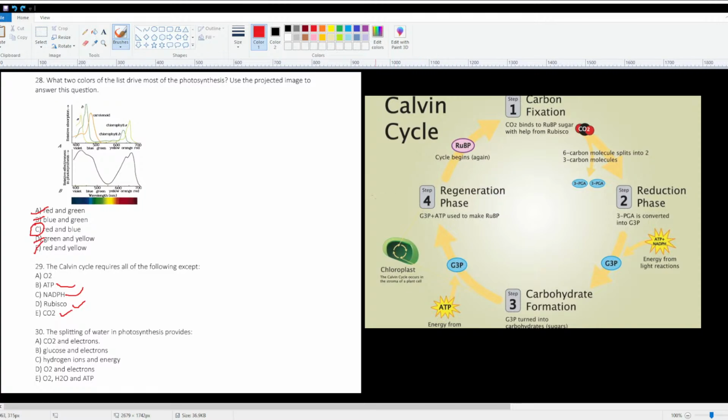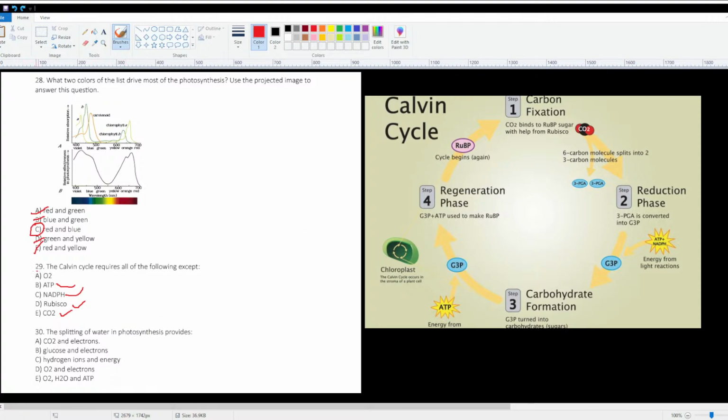Rubisco is one of the most important enzymes that we need to know about. CO2 is very important in the Calvin cycle because that's how we build the sugars. NADPH powers the Calvin cycle, it's what puts in the energy, and ATP also puts in the energy, leaving only oxygen as our most logical